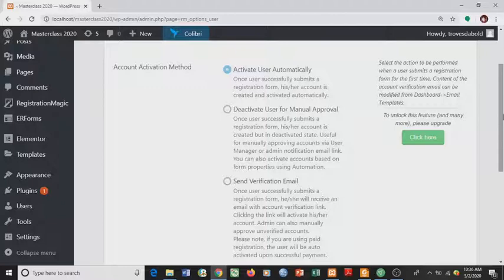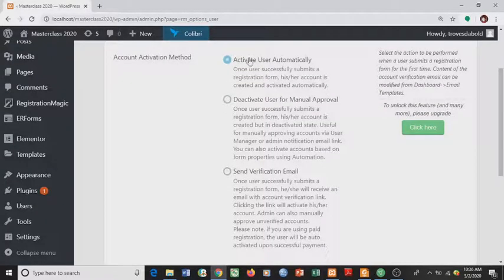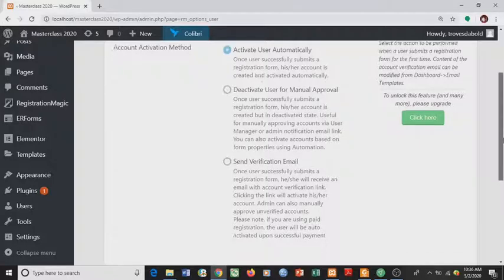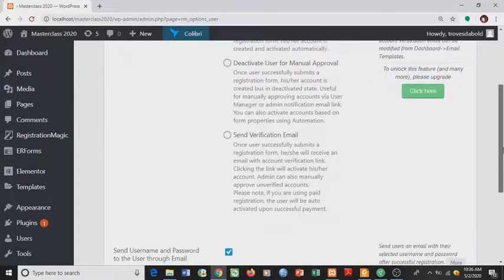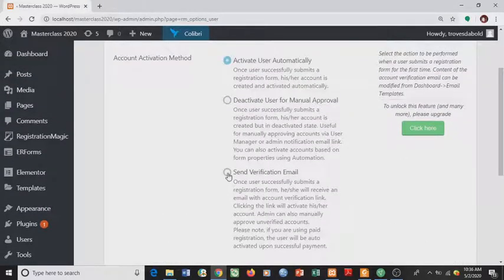Once you register and click login, you can input your login details and you automatically become a member. So this is where you do all those: activate users automatically, deactivate user for manual approval, send verification email. So this is where you do all those things. So let's use send verification email,